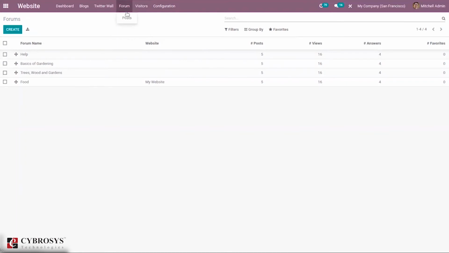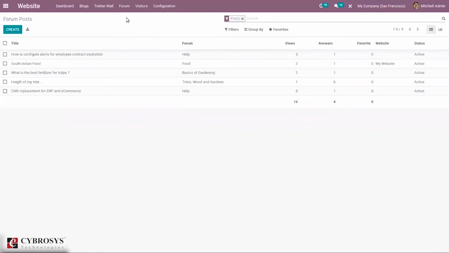So you can see here we have our forum posts. We can see the title, the forum name under which the forum post is created, number of views, answers, favorites, the website in which it is published, then the status of that forum post, and we can directly create from here. So you can create a forum post from the website frontend also.